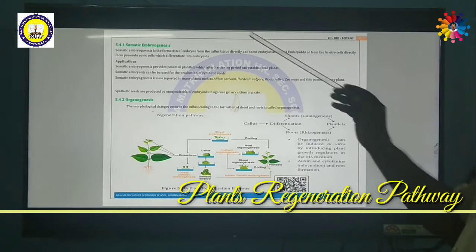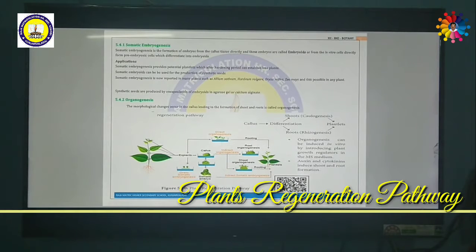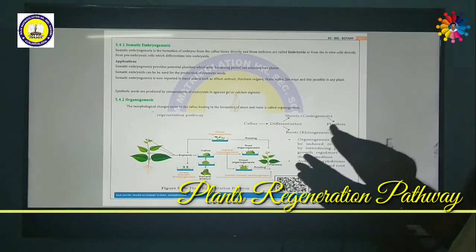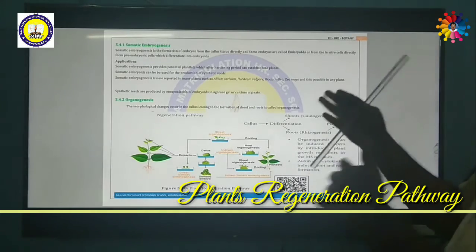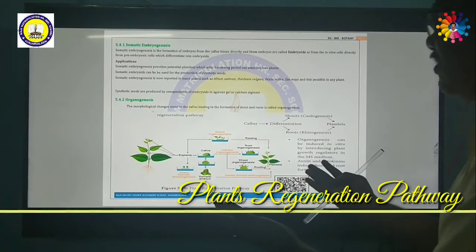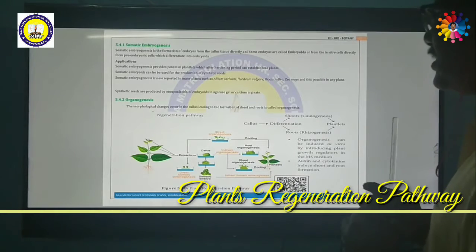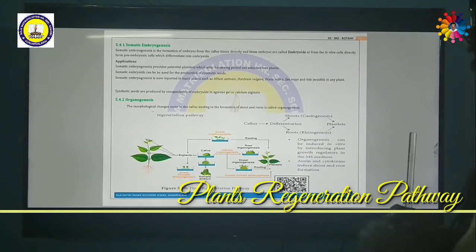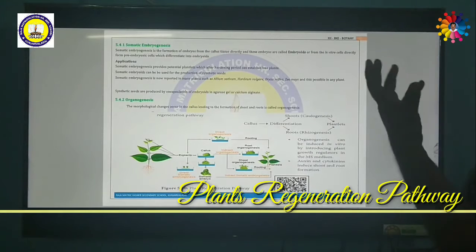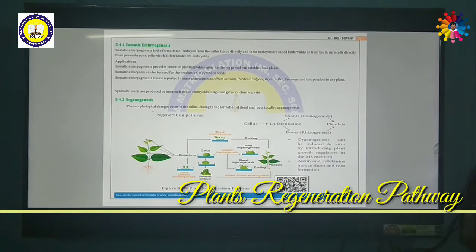Now we are going to see about somatic embryogenesis. These processes are called somatic embryogenesis. Usually an embryo is formed after fusion of the male and female gametes to form a zygote, and the zygote develops into an embryo. That is a regular embryo. But this is artificial, in a somatic way, by a vegetative method. That is why it is called somatic embryogenesis. If embryos are obtained from plant cells through tissue culture, this is called somatic embryogenesis.